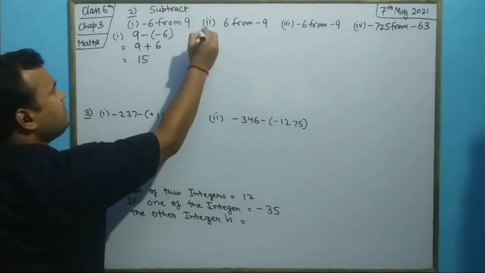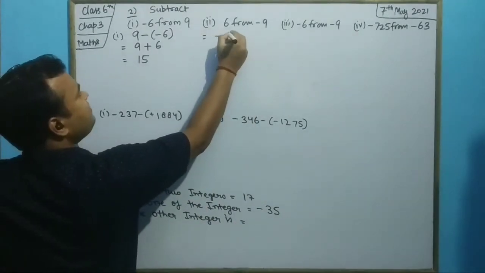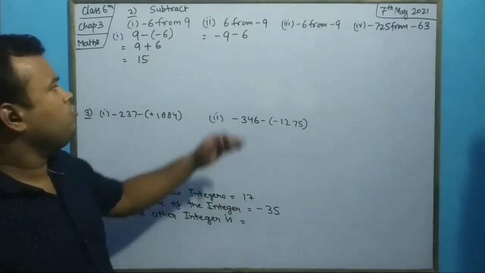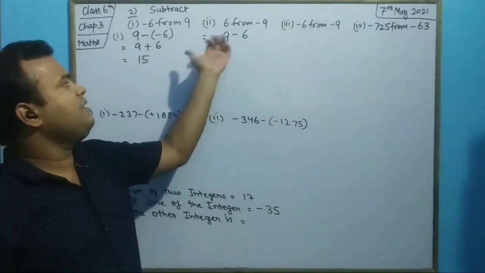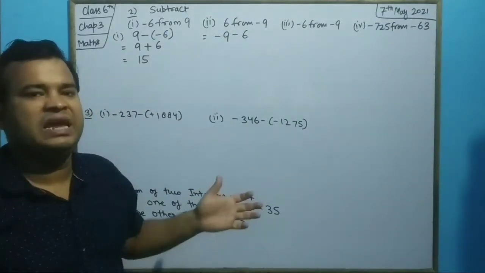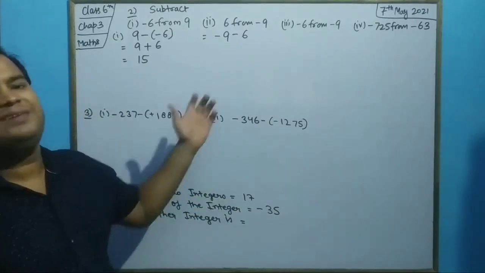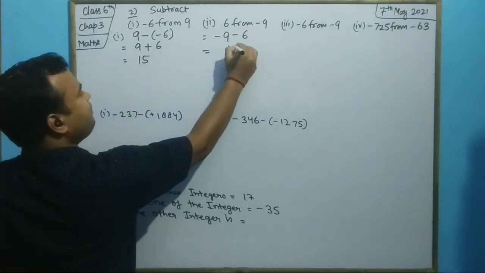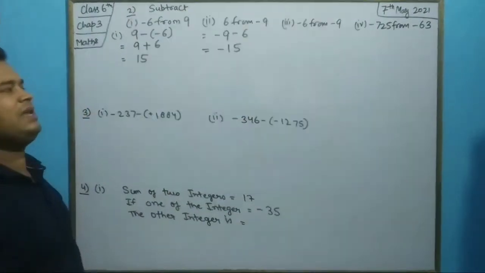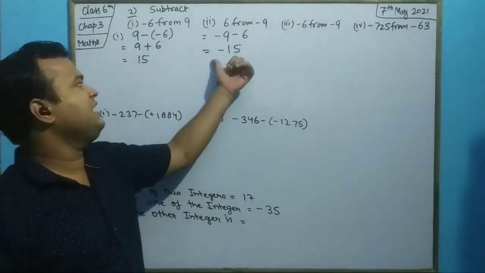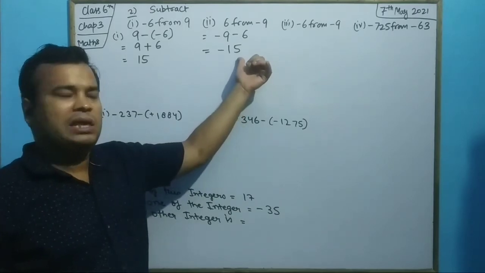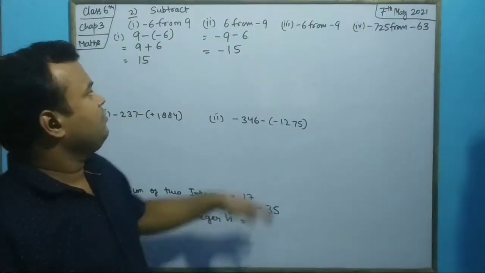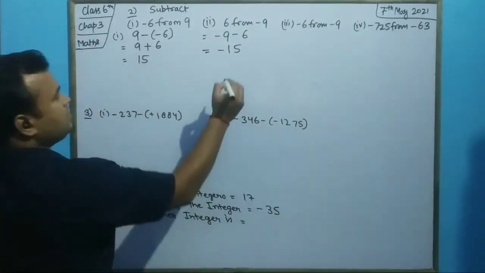Here it is minus 9 minus 6. Both the numbers are in negative. So just add them. It will be 9 plus 6, that is 15, and the sign both are carrying is minus. So it is minus 15. Minus 9 minus 6. Okay, so let us see the third one.